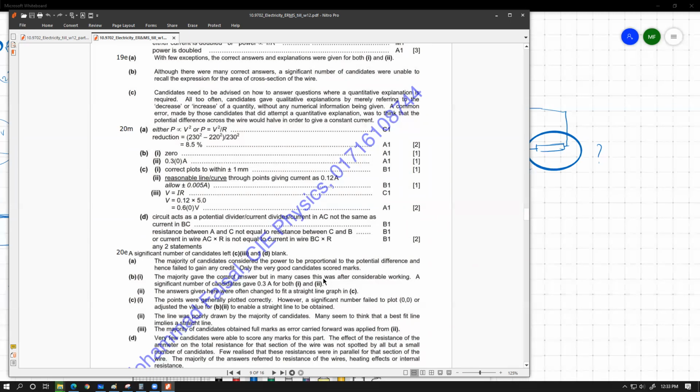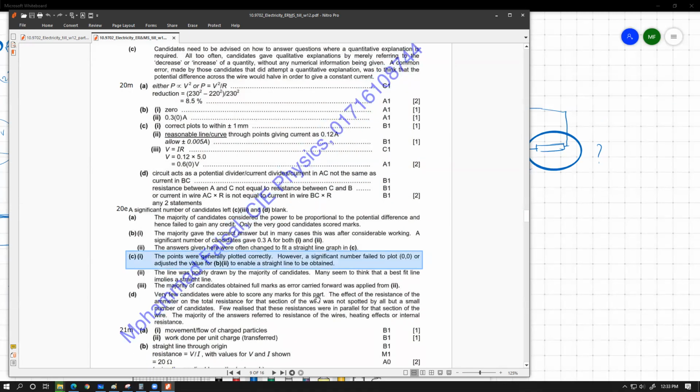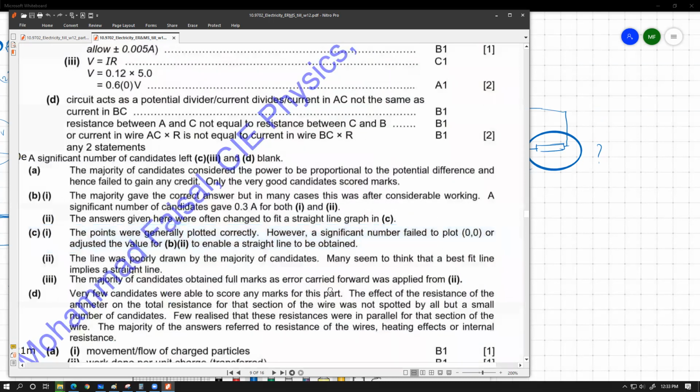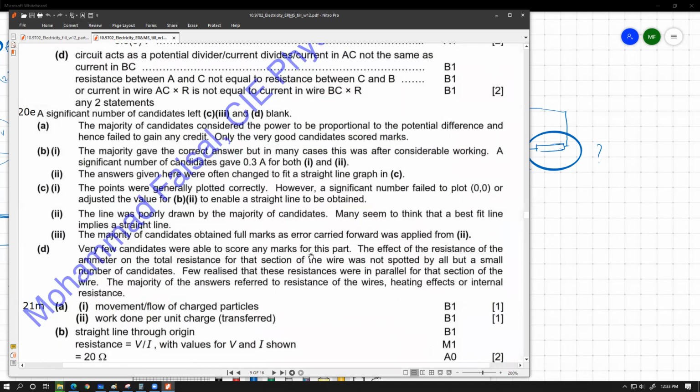So আমরা যদি examination reportটা দেখি, ডিতে বলছে very few candidates, let me zoom in a bit, this is the D number, very few candidates were able to score any marks for this part. The effect of the resistance of the emitter on the total resistance for the section of the wire was not spotted by all but a small number of candidates. Few realized that these resistances were in parallel for the section of the wire. The majority of the answers refer to the resistance of the wire, heating effects, internal resistance, blah blah blah. See what I mean? Yes sir. আচ্ছা, আমরা তো পরেরটা একটু ট্রাই করি তাহলে।